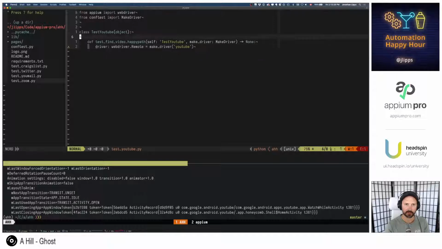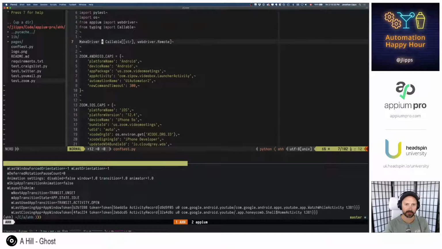So I was talking about the type of MakeDriver. It's here. It's a Callable, which means a function type, and it takes one parameter, which is a string. In other words, the name of the driver that we want to initialize, and it returns something that has an instance type of WebDriver.remote.